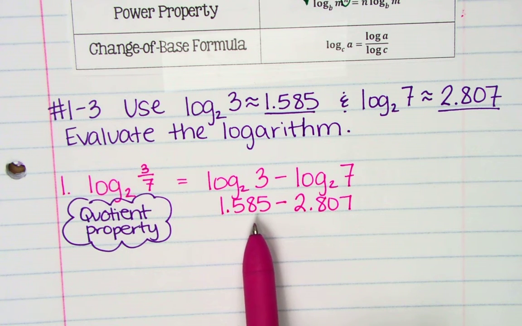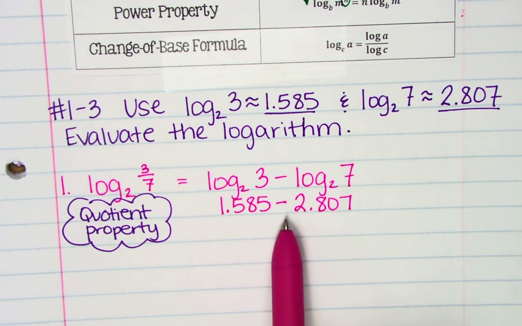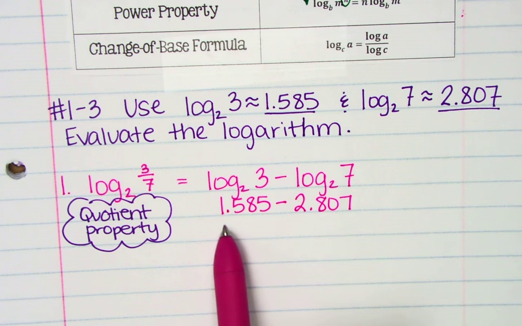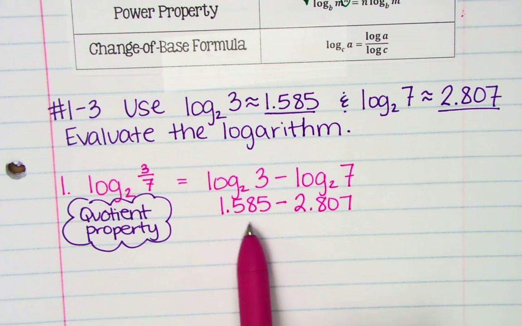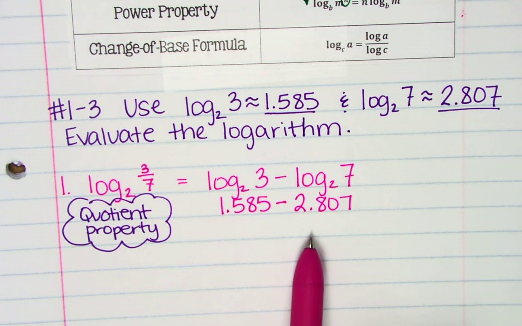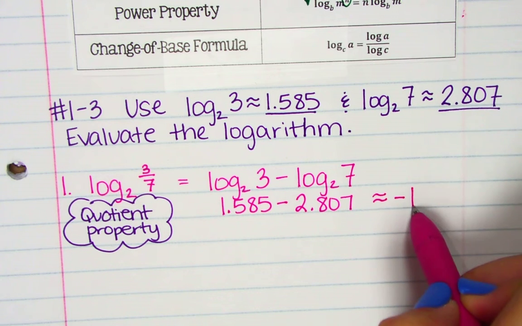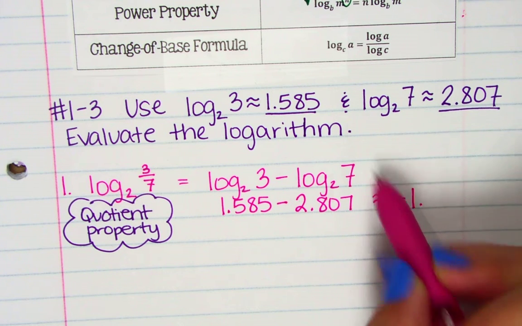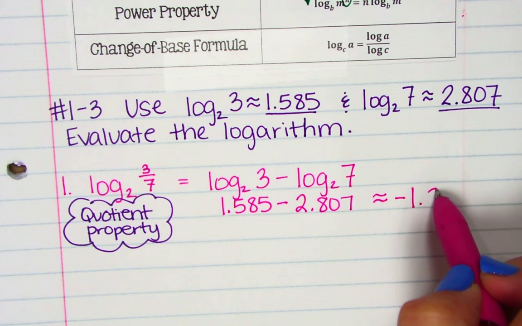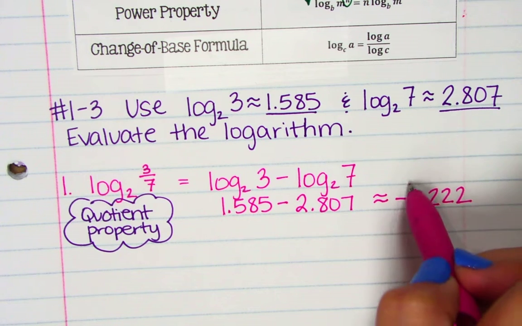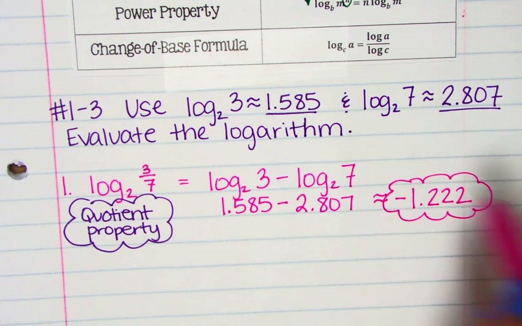Now we've turned it into numbers. We've taken the logs out of it because we got the answer. Now you can just do in your calculator 1.585 minus 2.807. Go ahead and do that in your calculator. This minus this, no logs. You don't need logs, you just need the numbers. 1.585 minus 2.807. I'm going to use squiggly equals because, again, we rounded on both of those. So it's approximately negative 1.222. Y'all got that? Yes. All right, that is our answer. Since they gave us